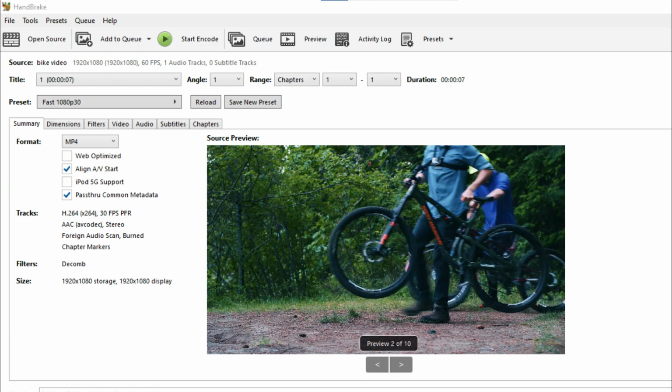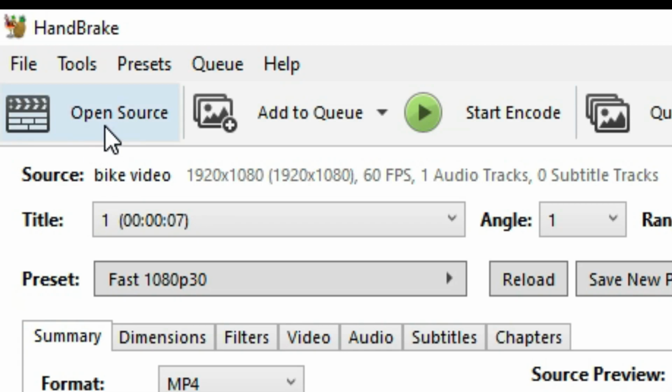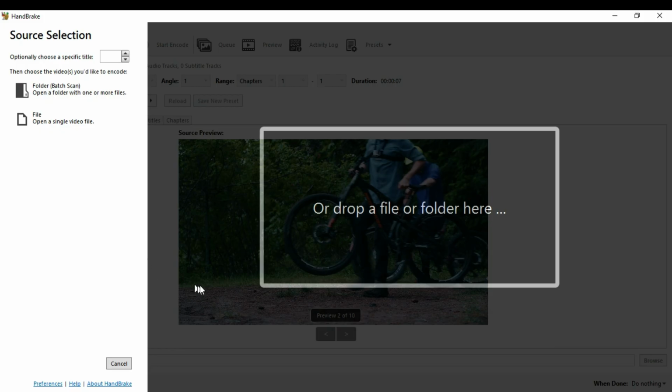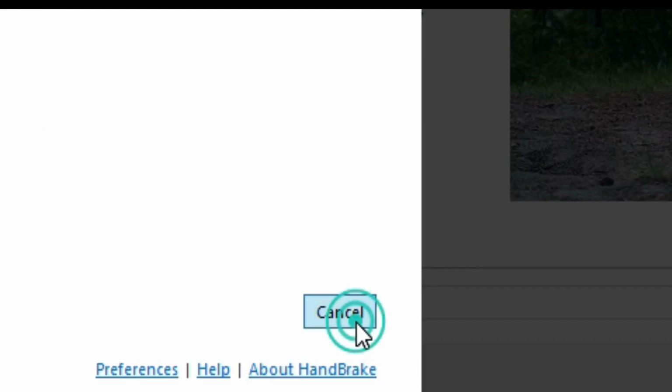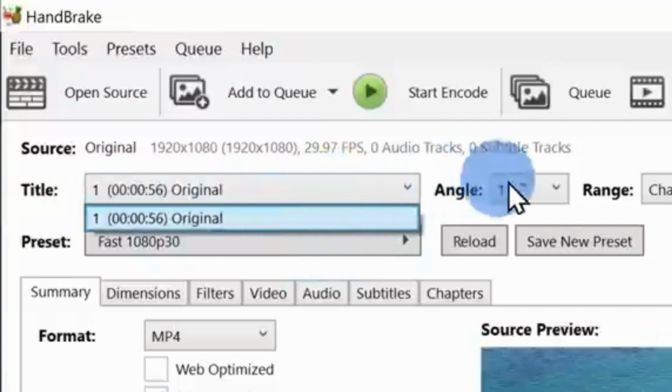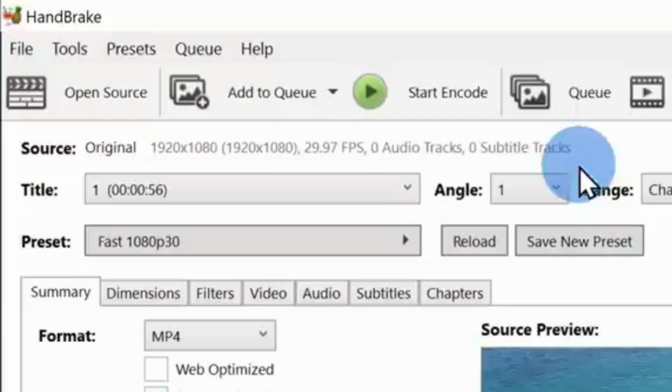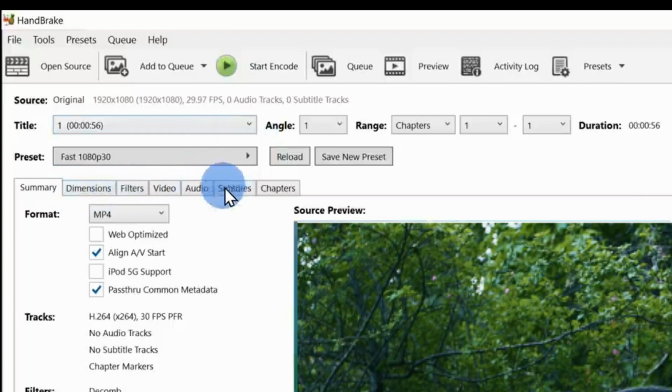If you want to change the source, in the top left corner, you can click on Open Source. And this brings us back to the initial screen. But I want to transcode this file, so I'm going to click on Cancel right here. I can choose which title I want to transcode, and also the angle. Now this is typically the case if I have a DVD or Blu-ray, but in my case I just have one video clip. Down below you'll see several different tabs, and each one of them has many different settings,